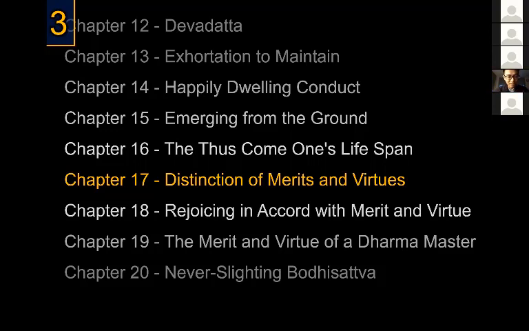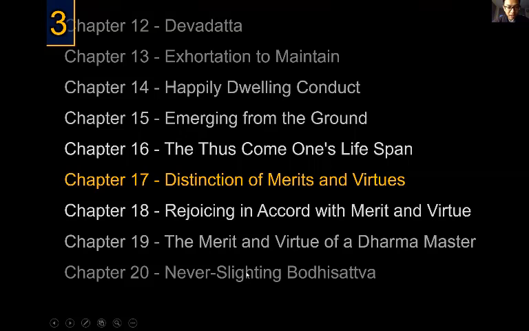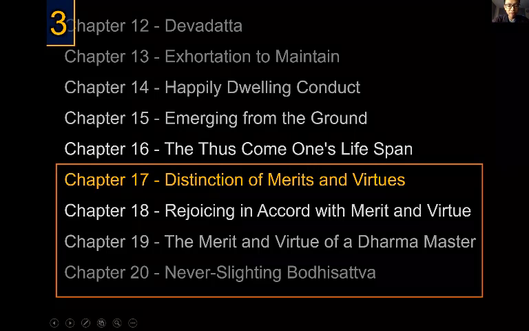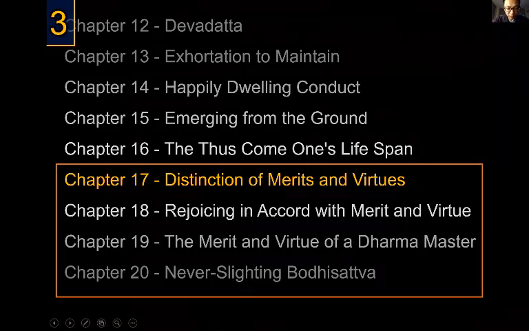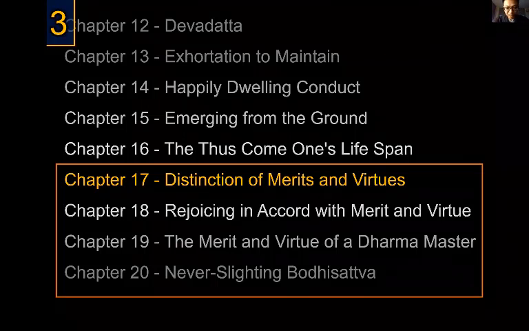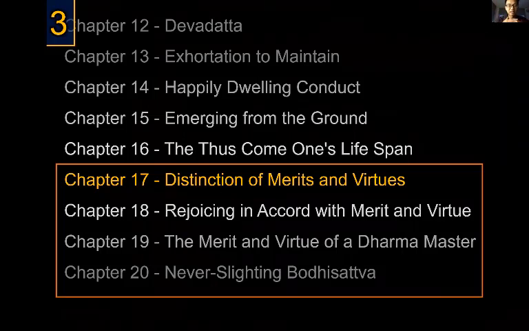So that's from chapter 16, how lifespan is really infinite. And then from there, because of listening to these teachings, we now continue with the later four chapters, from 17, 18 to 19 and 20. These four are considered a group that follows after chapter 16, that describe the different merits and virtues of different groups of people. So the distinction of the merits and virtues is how the Bodhisattvas are listening to this teaching, what they've gained, and what we will all gain by understanding this,